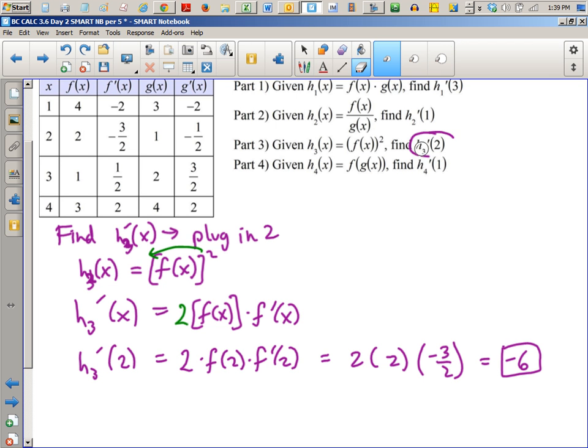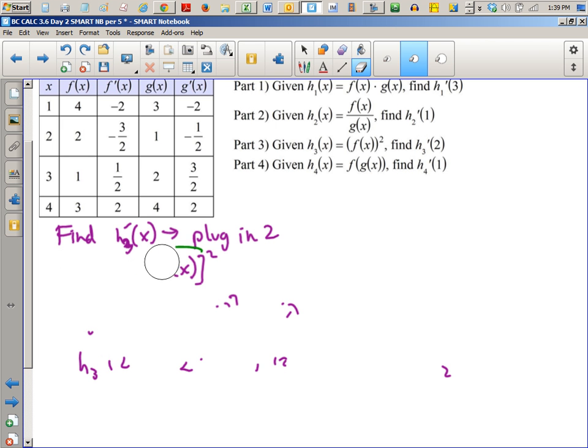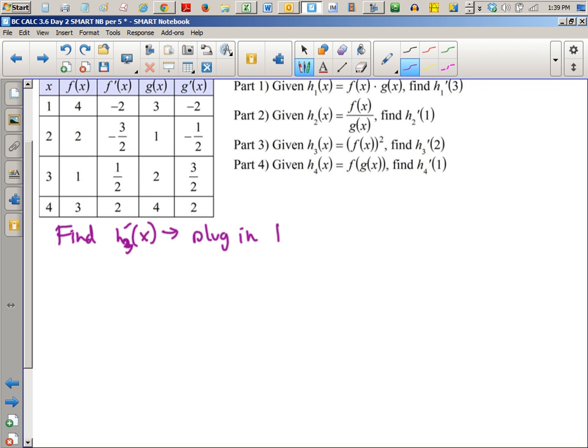Okay, one more, and that is f composed g. That's our h4 function. Can I erase? Got it? Alrighty. So now we're doing h4, plugging in 1. Okay, so h4 prime of x,